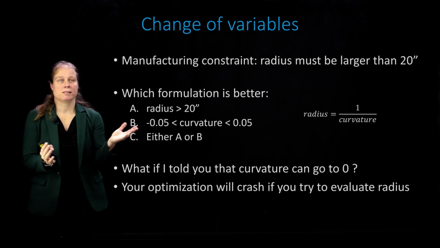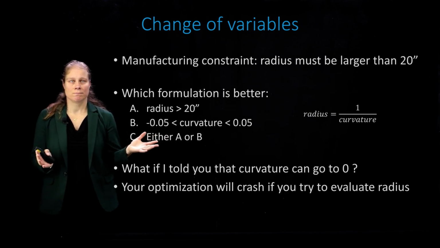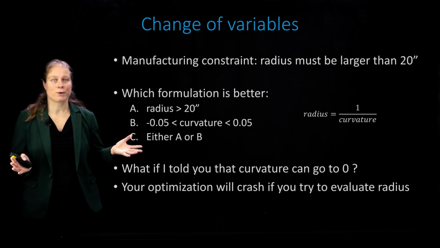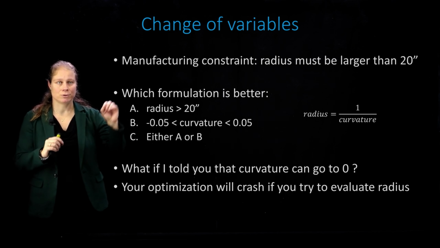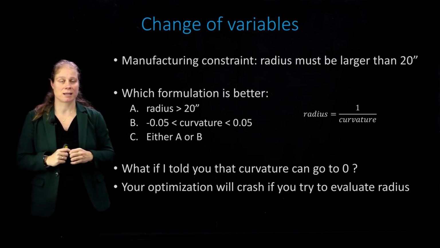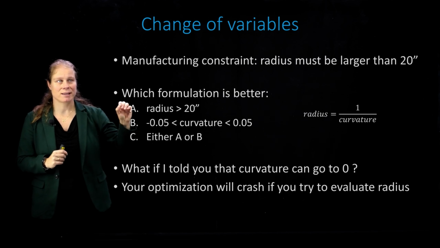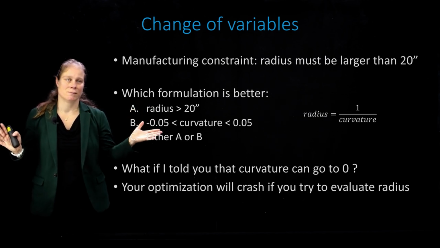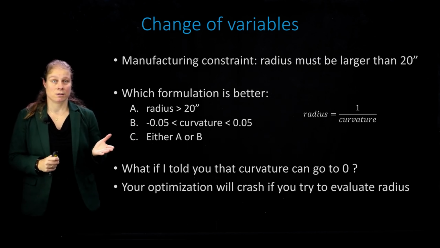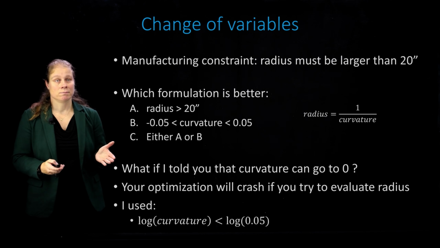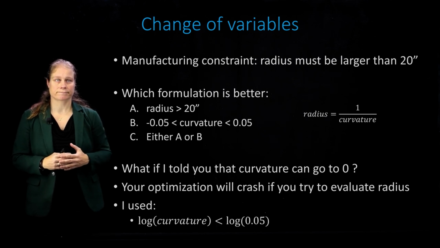Well, this is one that you would probably discover pretty quickly once you start running the optimization. Because if two of the design points have the same fiber angle, you're going to have a straight line and your curvature is 0 and your analysis crashes. So you change it. Now, on top of this choice, I actually applied another